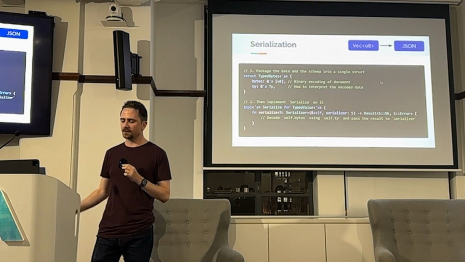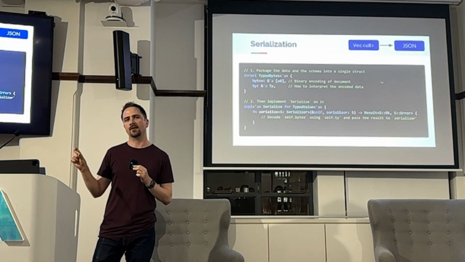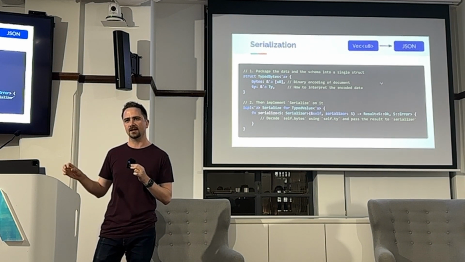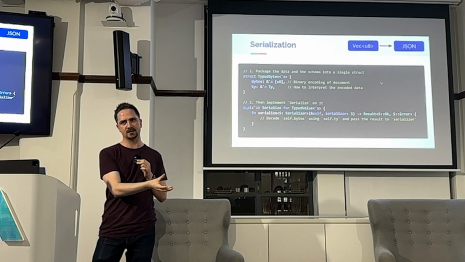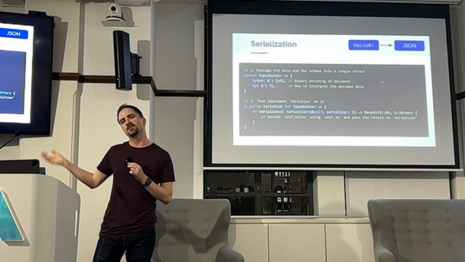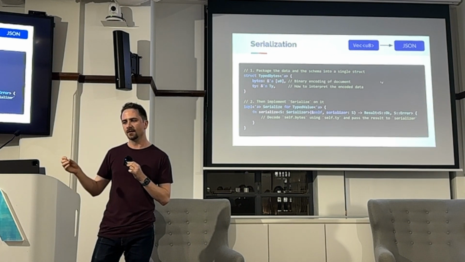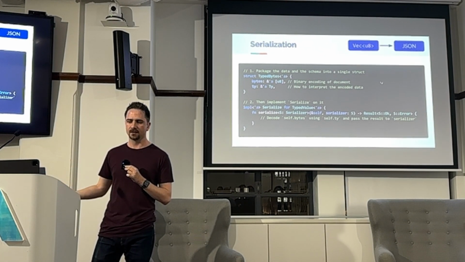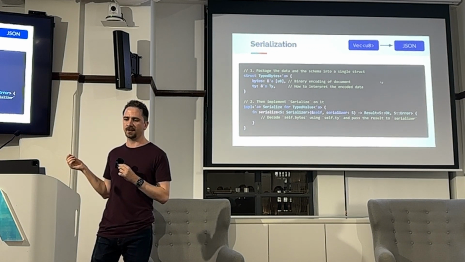So what I realized was that when you use the derive macro to implement serialize and deserialize, whatever the shape of the struct or enum is, that's what's going to be reflected in the JSON. What I realized is when you implement this trait yourself, you don't have to follow that rule. The output JSON can be completely divorced from what the struct is. And so this insight is what allowed me to